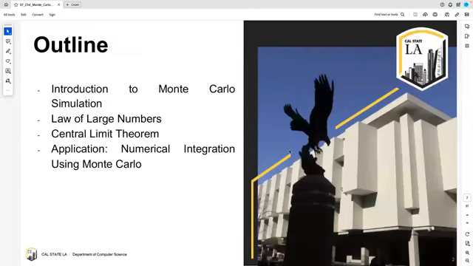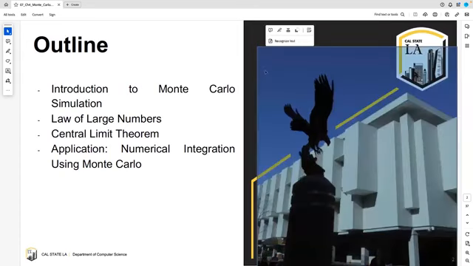So in this session, we are going to introduce Monte Carlo simulation. It's based off of two important laws of mathematics. The first one is the law of large numbers, and the second one is the central limit theorem. These two are to some extent related. And then we are going to see how we can use Monte Carlo simulation to solve an integral numerically. Okay, so with that,